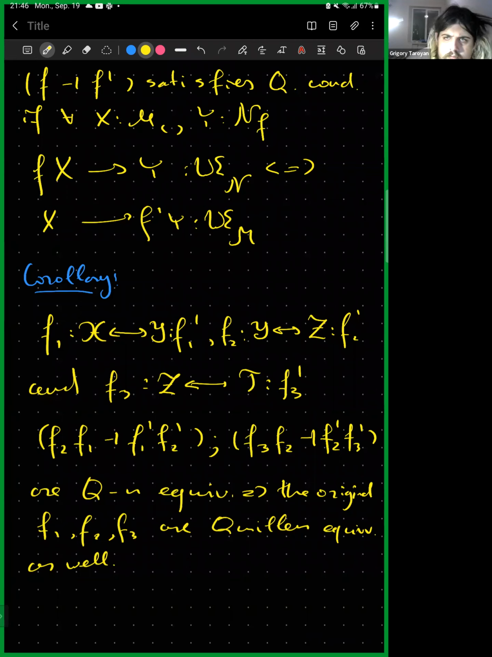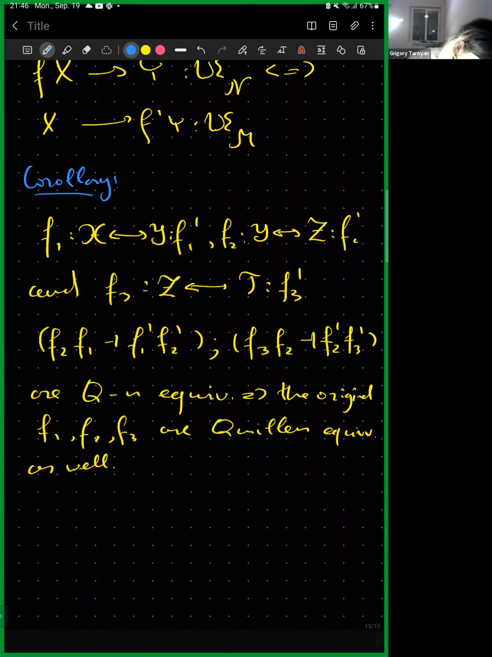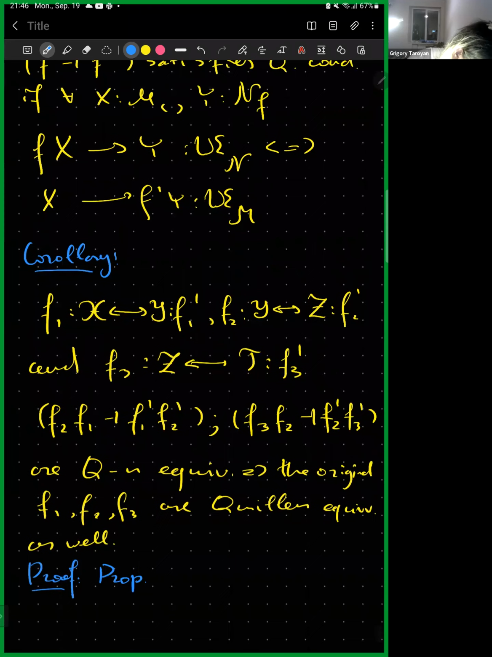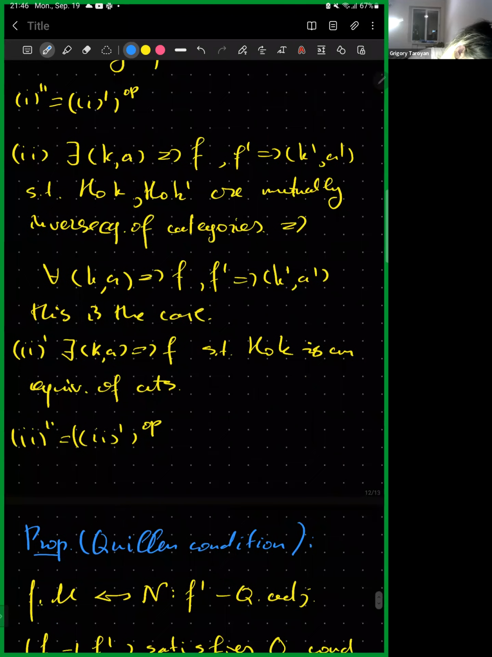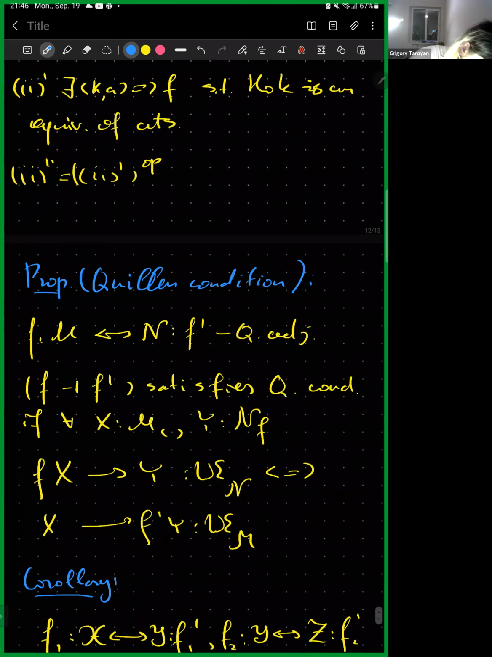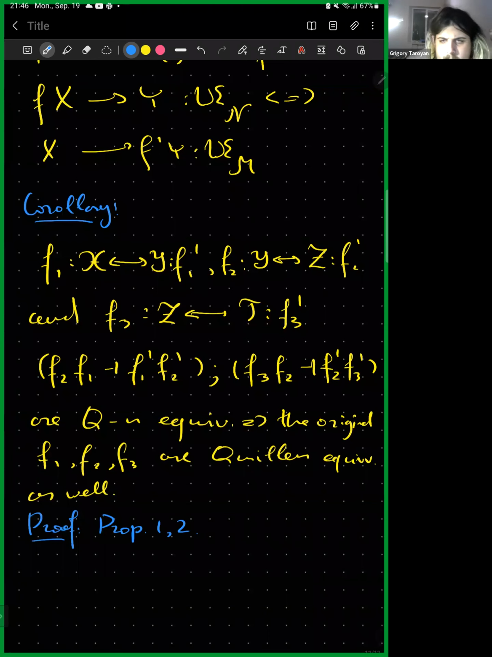So what we need to do is to prove the proposition. Yeah. So we need to prove these 2 propositions. Let me once again give them some notation, give them some numbers. So this will be proposition number 1. This will be proposition number 2. So I want to prove them, and